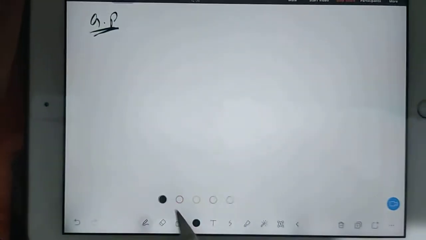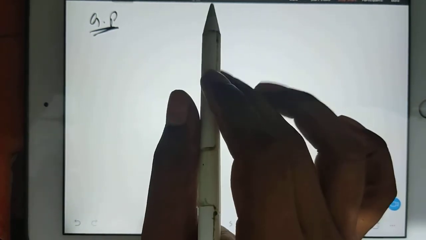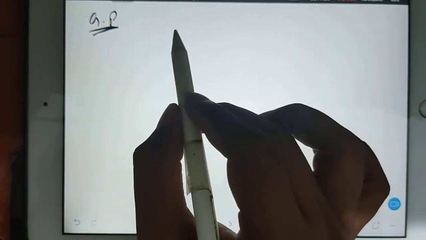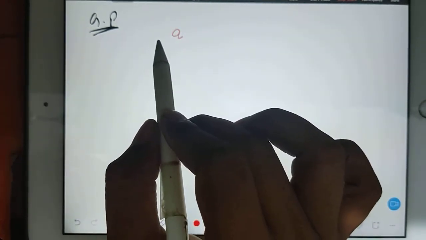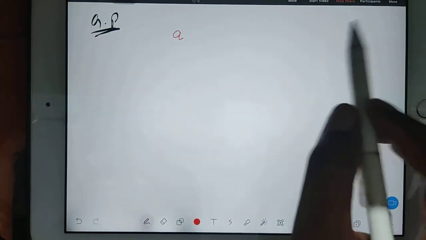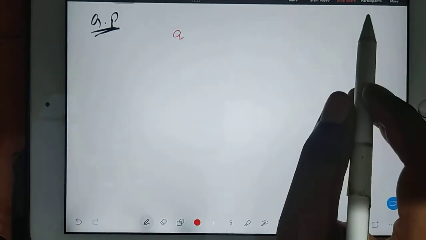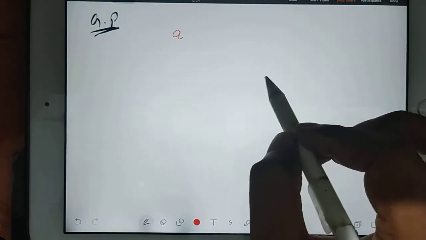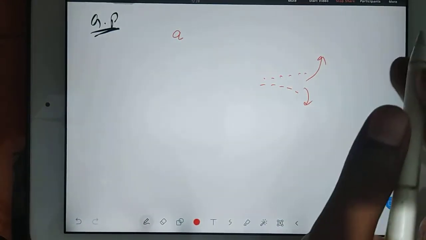I'm changing the page. The next heading you take as GP. You write the full form, geometrical progression. I hope you are able to recall what GP was. GP used to be like this. We used to have our first term. How does AP grow? AP goes with either a positive common difference or a negative common difference. You can have both. If terms increase, it is a positive common difference. If terms are decreasing, then it is a negative common difference.